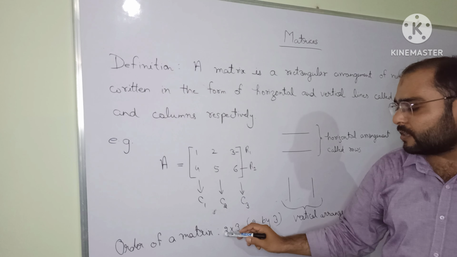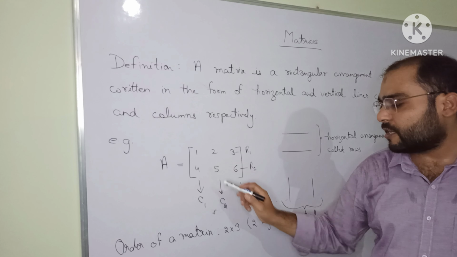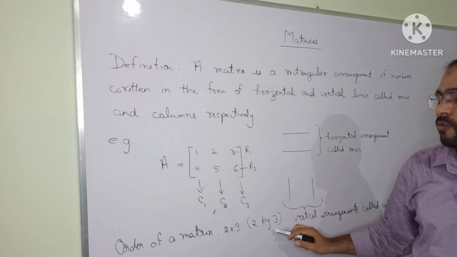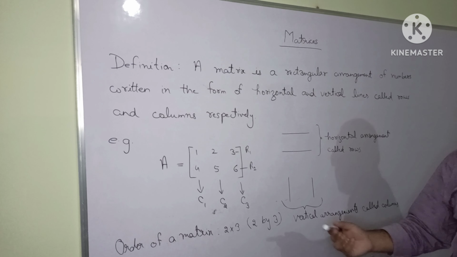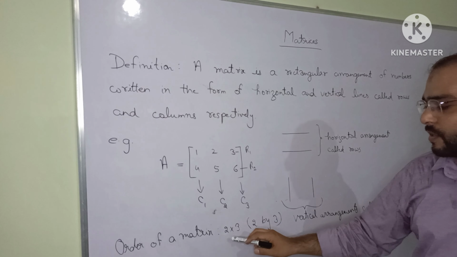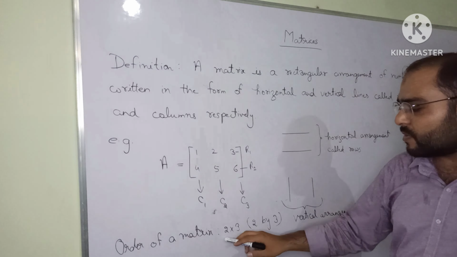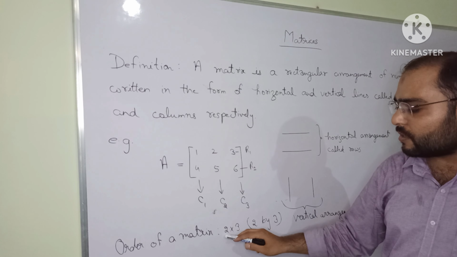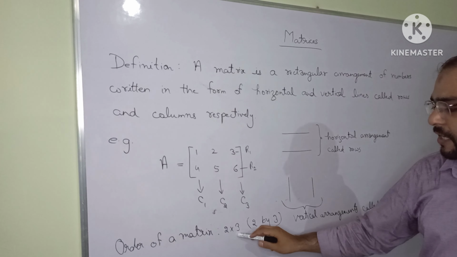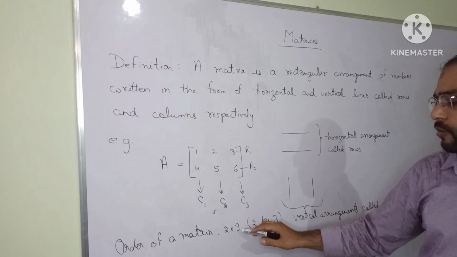We will not multiply, the order will not be 6. We will not write the order of this matrix as 6. We will just write the order of the matrix is 2 by 3. तो इस matrix का क्या order होगा? 2 by 3 होगा। हम इसे इसके order को 6 नहीं बोल सकते, क्योंकि आप कह सकते हैं कि यहाँ पे 2 into 3 लिखा हुआ है, तो आप इसे 6 क्यों नहीं लिख रहे हैं? बेसिकली हम इसे मल्टीप्लाई नहीं कर रहे हैं। फर्स्ट एलिमेंट जो 2 है वो रिप्रेजेंट कर रहा है नंबर ऑफ रोज को, और जो सेकेंड एलिमेंट है 3 वो रिप्रेजेंट करता है नंबर ऑफ कॉलम्स को।